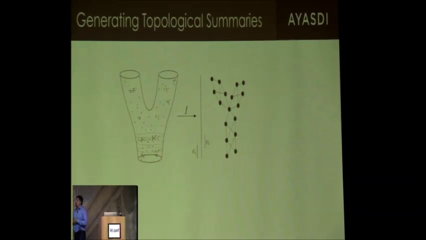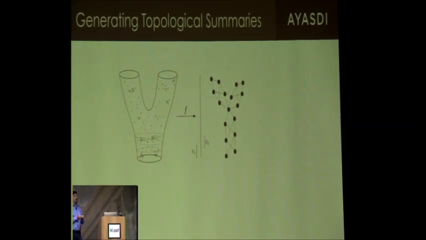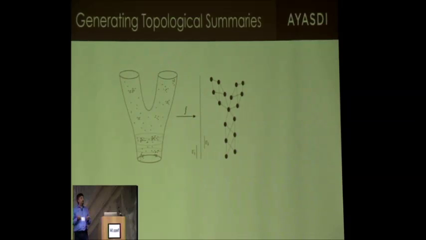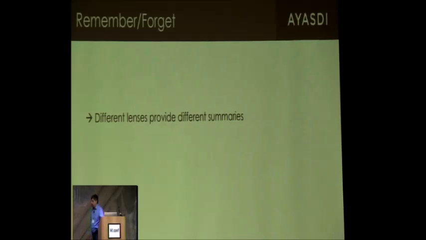And that's the point of this. I'm going to remember some things about the shape, essential things. When you look at this Y, the fact that there's a trunk and two legs, that's an essential aspect of the data. But I'm going to forget something else. So what does that mean? Well, luckily, the summary was done with respect to this function f. And there are lots of functions out there. So by using different functions, I get different summaries, and I build up incrementally more information about the shape.